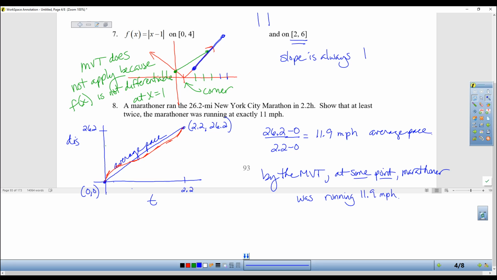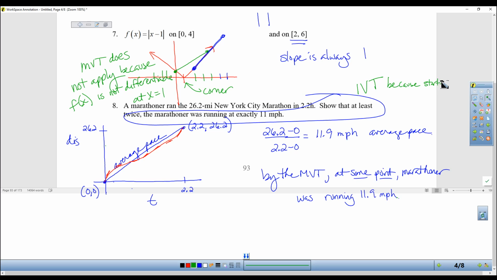Their question says, show that at least twice the marathoner was running at exactly 11 miles per hour. So this question is actually intermediate value theorem. I put it on here because I want to make sure that you're not going to confuse the two issues. By the mean value theorem, I know at some point they were running 11.9. The reason I know that they were running at 11 is because